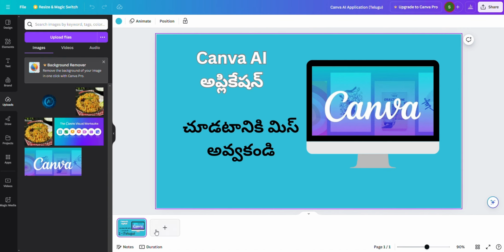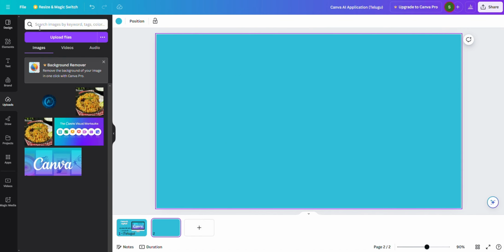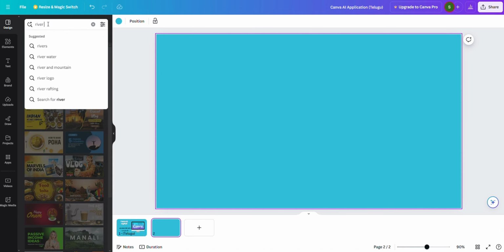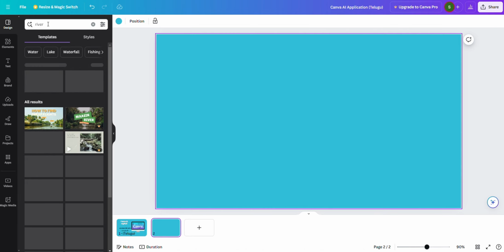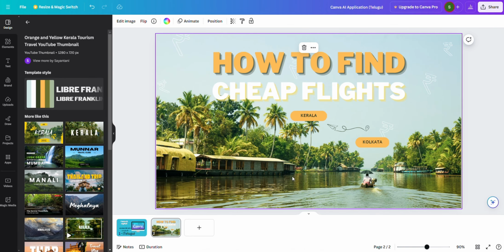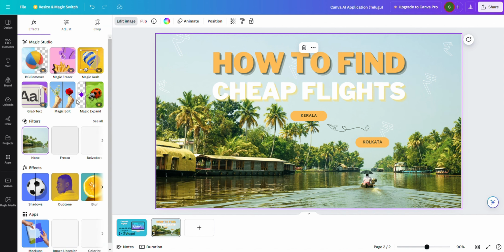And next one I would like to show. For example, you have one image. Let me select one image here. Yeah, I'm choosing this image. And here, just imagine, for example, I need one duck floating in the water in this area. For this, you can edit this image. What we have to do is just click on the edit image option. Yeah, magic edit.